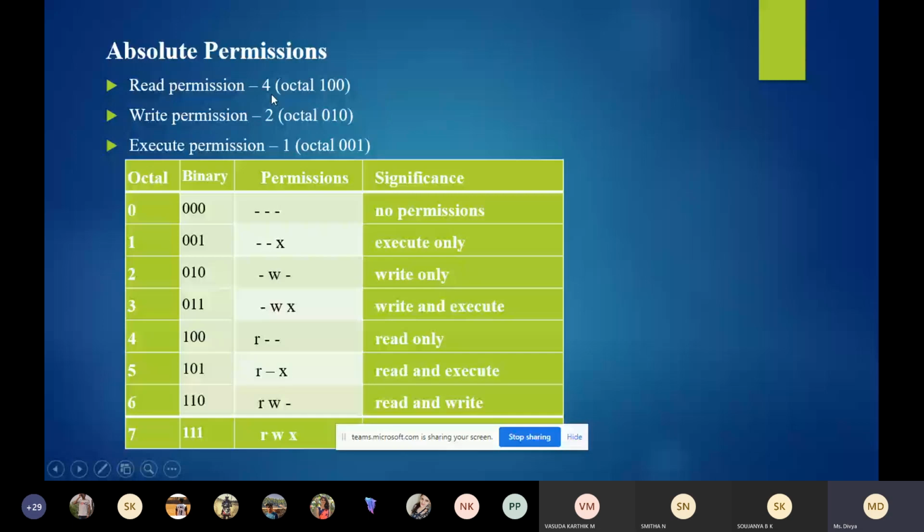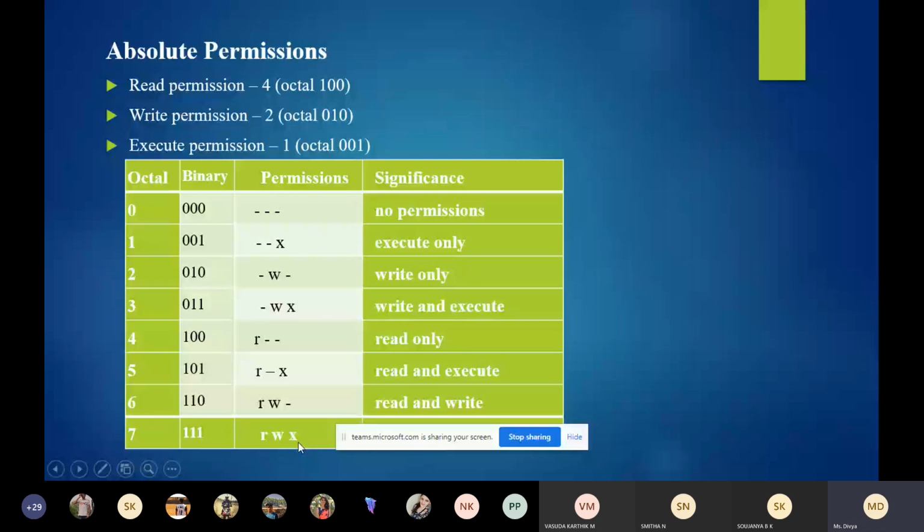If you want read and write permission, it will be 4 plus 2, which is 6. 6 is represented in binary as 110, that means read and write permission. If you want all three permissions, it is 4 plus 2 plus 1, which is 7. In binary it is 1, 1, 1. So all three are 1, so it is read, write, and execute permission.